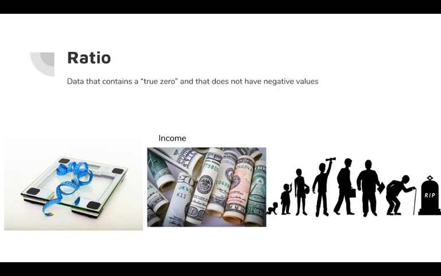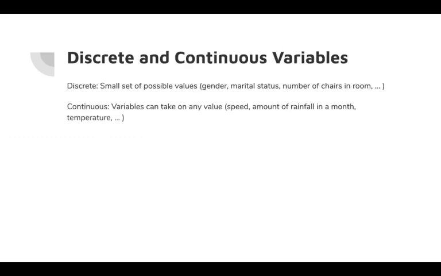Last thing for this bit, I wanted to look at discrete versus continuous variables. When you're dealing with discrete variables, you have a small set of possible values. I've given a couple of examples here just to try and explain these. So for example, with gender,